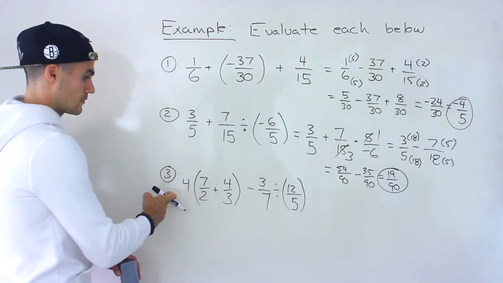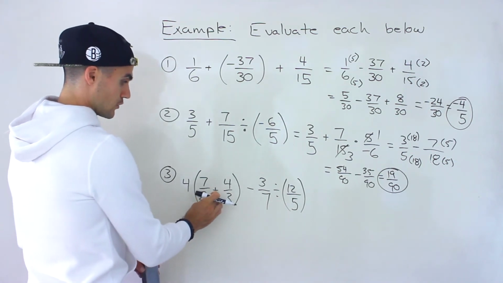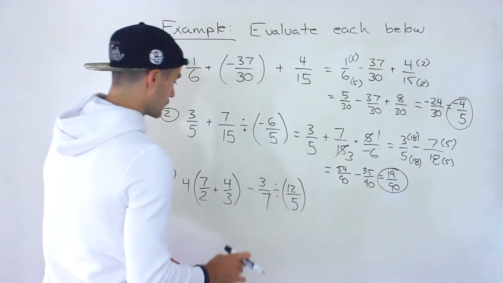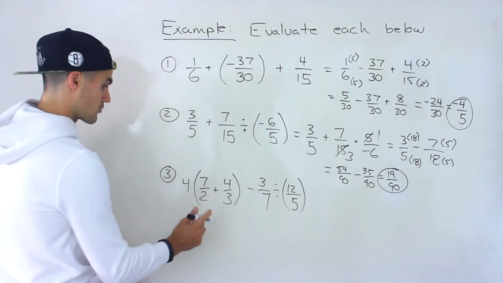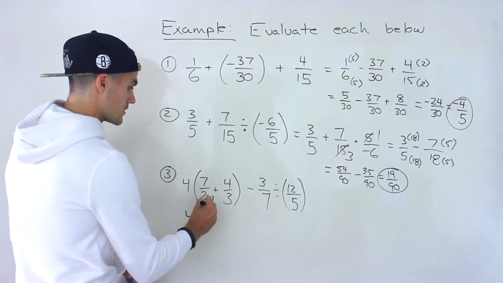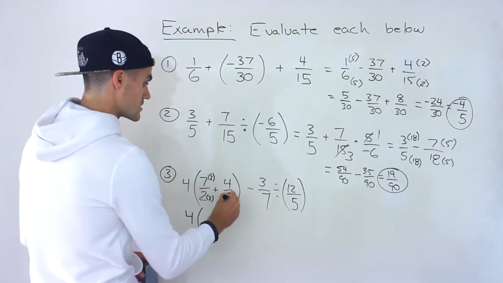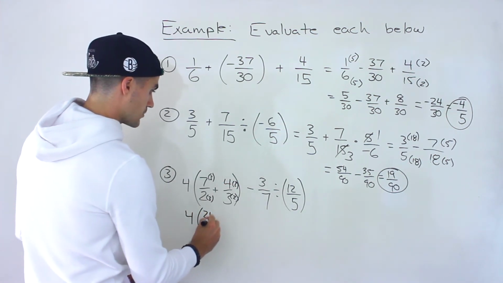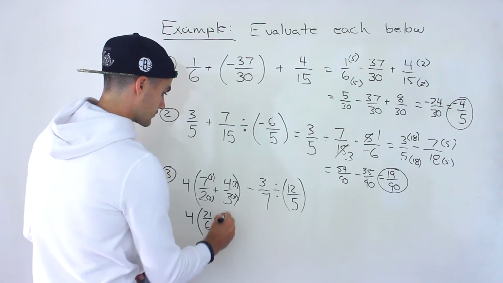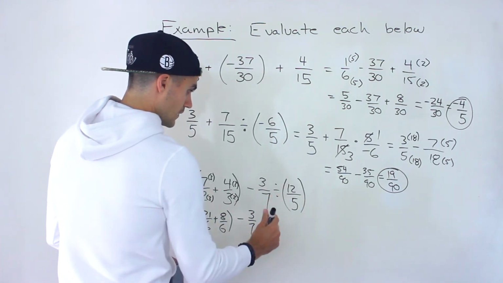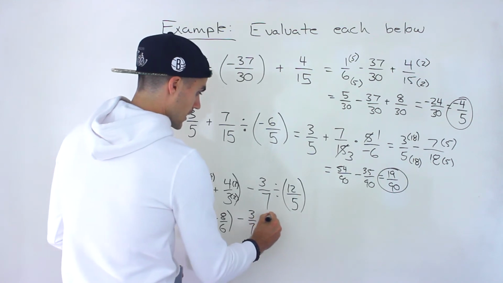Then over here, finally, number 3, we have 4 times 7 over 2 plus 4 over 3 in brackets, minus 3 over 7 divided by 12 over 5. So the first thing you have to do is work with this bracket here. If we get a common denominator, which would be 6, multiply this by 3, this by 3, this by 2, this by 2, this would be 21 over 6 plus 8 over 6 minus 3 over 7. Here we can flip this and then multiply it, so it would be multiplied by 5